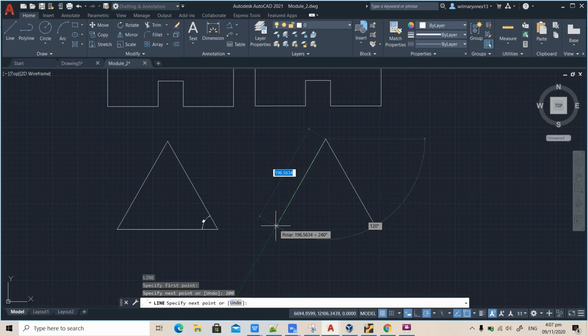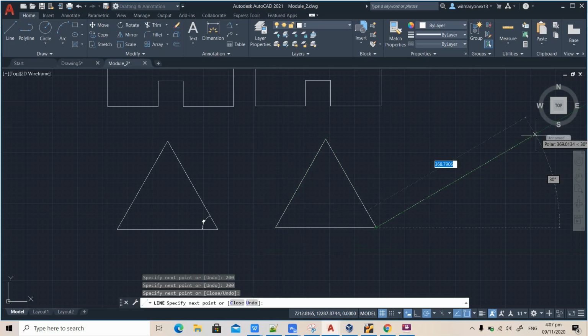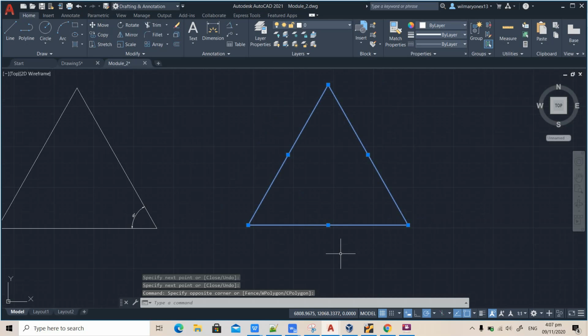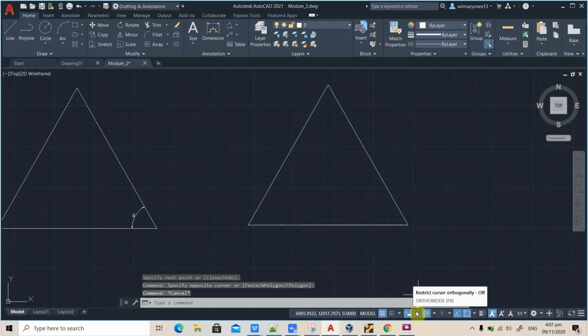So what can we do? 200 again, right? We can just click here to connect these both ends, and then we have right here a replica of this particular triangle. That's how you use the polar tracking and the ortho mode features.